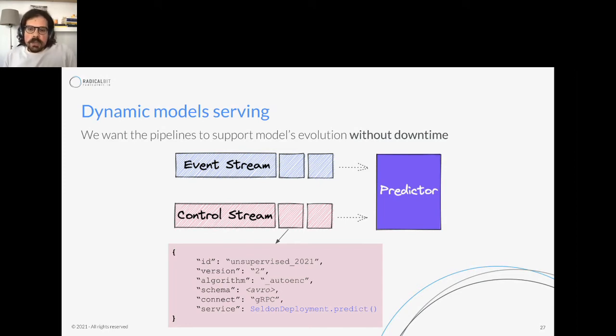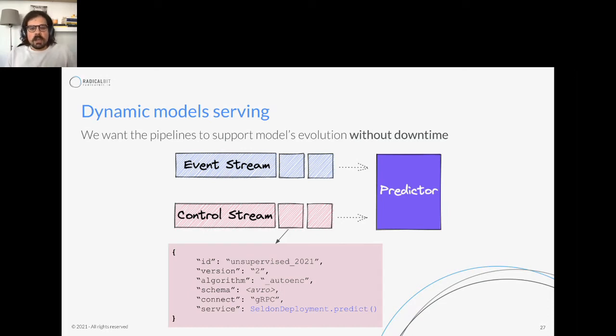So consider this predictor as an operator of a streaming topology, a collection of computational units. And this predictor operator is chunking the input event stream data, and its main aim is to get the inference from the remote MLOps system and attach the inference to the input event stream data, which is delivering the input